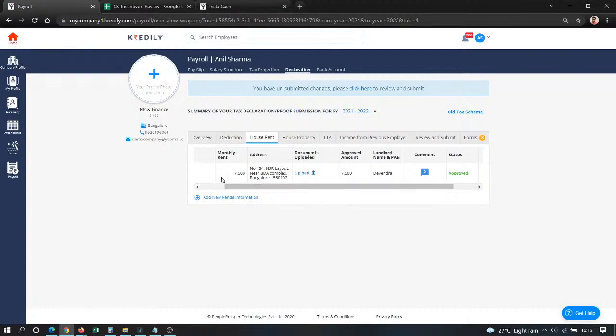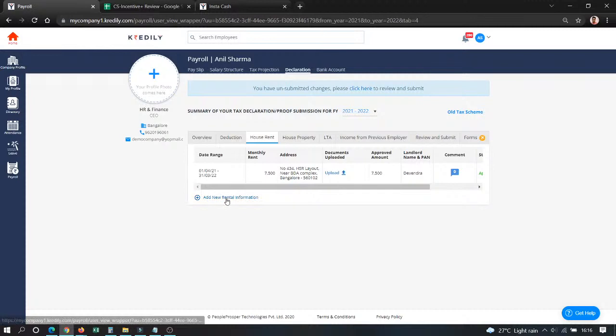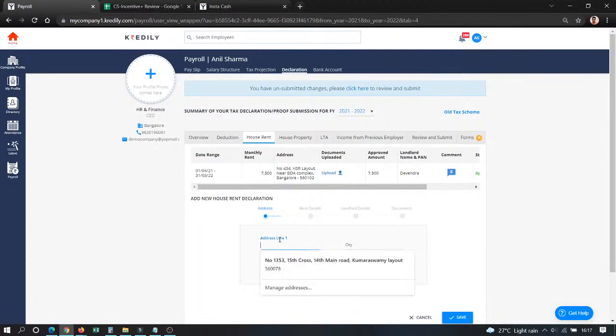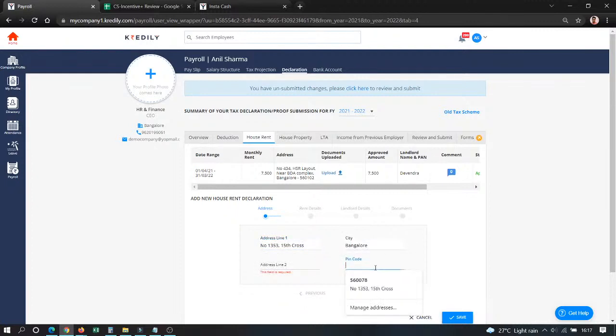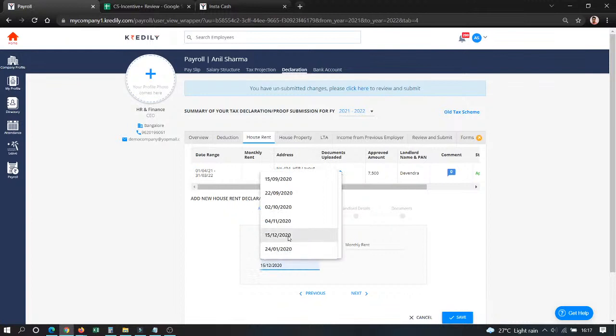You can also declare how much of HRA or how much of rent you're paying every month, and you can also add your landlord's details with the PAN details of your landlord and upload the information right here. So I've already added this over here just to show you guys, but if you want to know how to add it, just click on the add new rental information button, add your address, and let me add my PIN code. Add your address, then also please mention from what date to what date you are going to reside in this